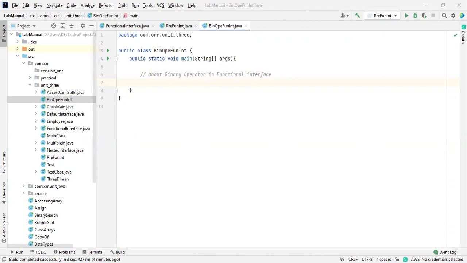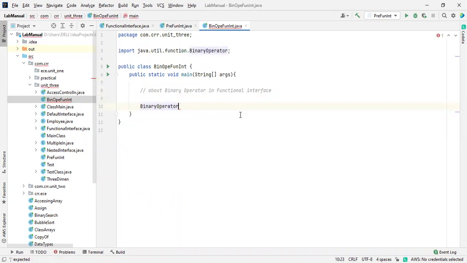Functional interface, where is it? Yeah, I got the usage also. Let me show you the example first. I want the usage. Okay, binary